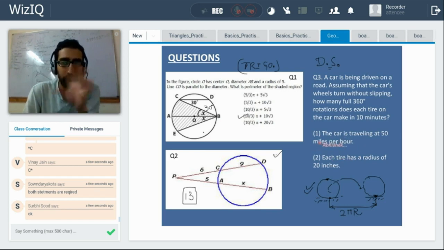Now, what does statement 2 tell me? You must forget about statement 1. We only know that it has moved. The fact we know is that the car has moved for 10 minutes. Each tire has a radius of 20 inches. Now, this again doesn't tell us much. This doesn't tell us anything actually,